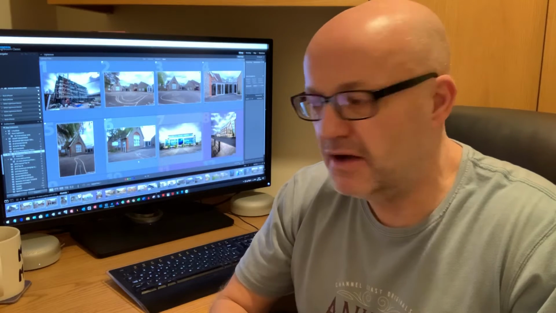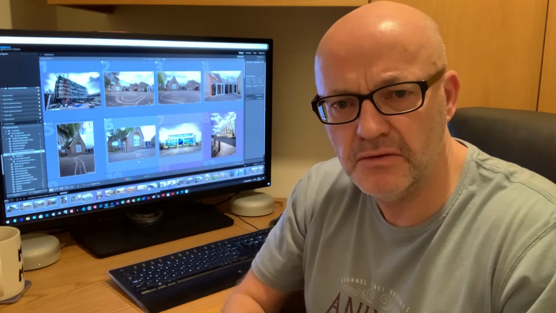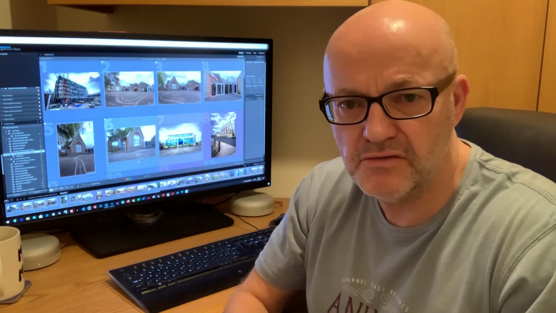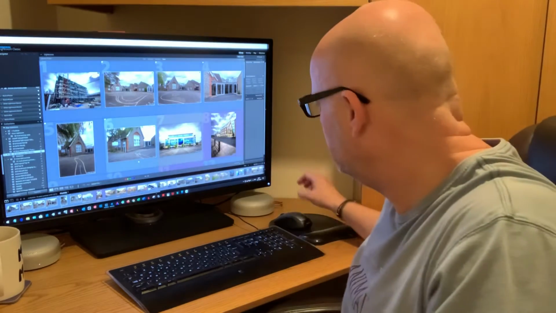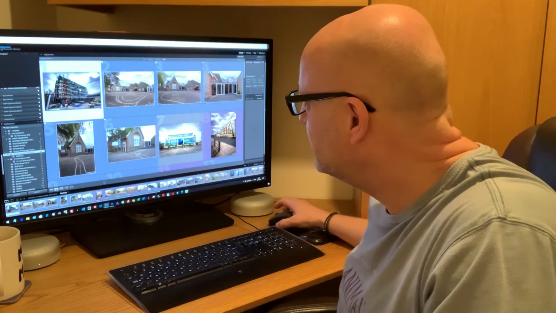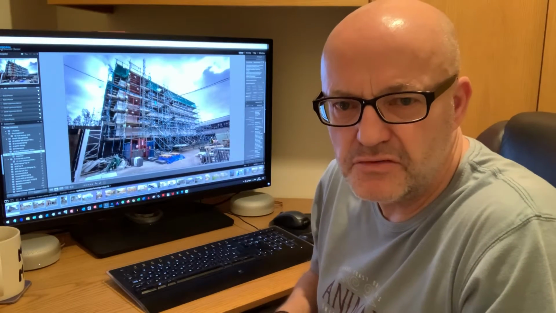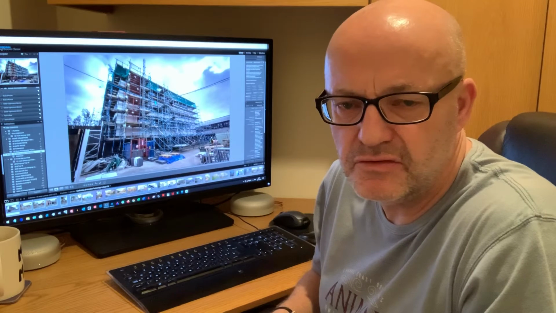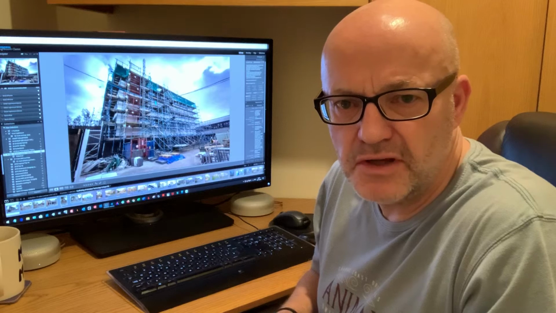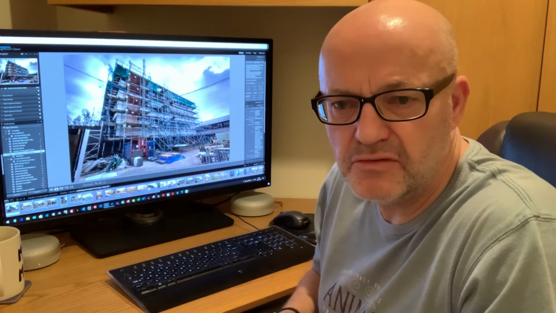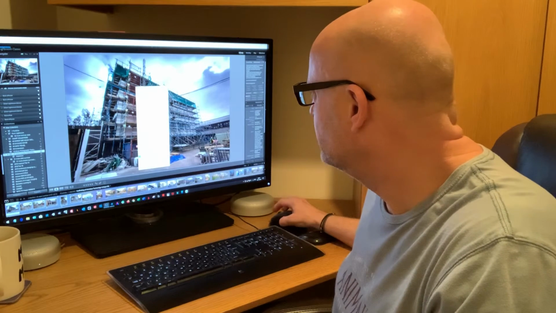I've got Lightroom fired up here. The 50 photos that I posted in a previous video are in that same Lightroom collection, so let's just dive in and see what happens. Photo number 1. This is it. Now the scaffold's not horrendous, it sort of adds to the drama of the scene, which is a photograph of a live construction site, but I think for a lot of my architectural photos I want blue sky, white fluffy clouds. So let's open it up into Luminar, which is right click, editing,